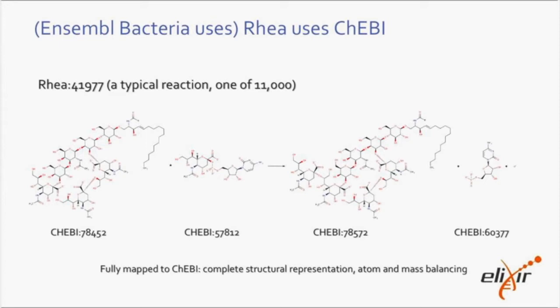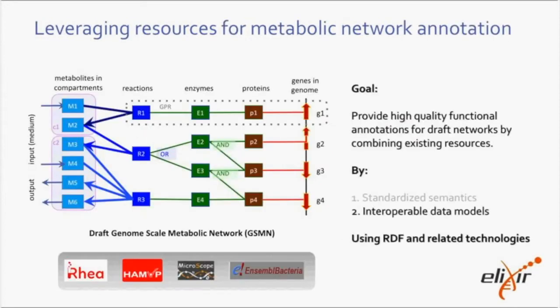For those of you who don't know, Rhea is providing biochemical reactions using ChEBI components. We have around 11,000 reactions in this resource. This is just a typical one. All the metabolites within these reactions have as complete a structural representation as possible, and they're all balanced for mass and charge. Okay. So we did some semantic standardization as shown here, and then the next step was really to generate